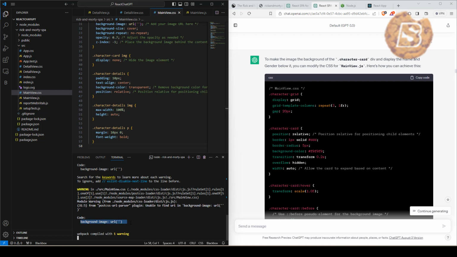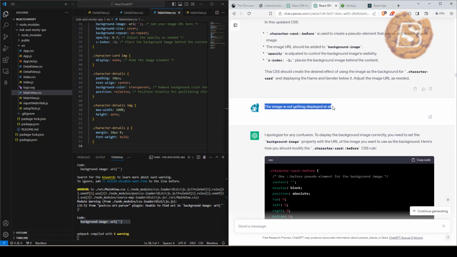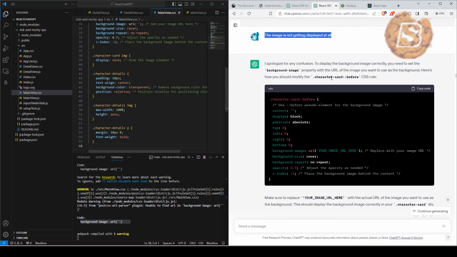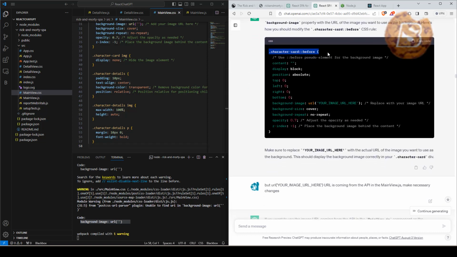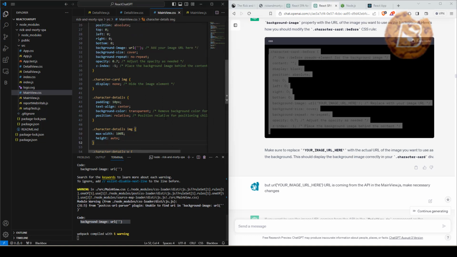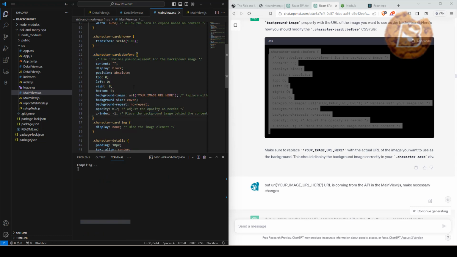You will notice that the background image URL is having some issues, and if I scroll down a bit, I found the error, and I'm saying that the images are not getting displayed at all. So it updates it again. We'll copy this now, character card before, and update our character card before class over here. Save this,